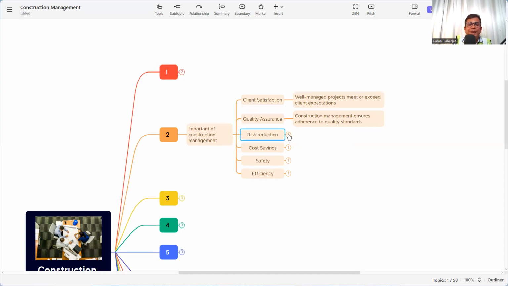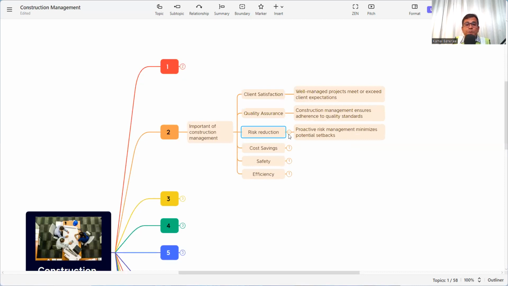Then risk reduction. What is risk reduction? That is preventing risk, minimizing potential setbacks. Now I'm giving an example. Suppose your project is in a very heavy monsoon area, where maybe for 6 months there is a lot of flood and a lot of rain. You know that there is a disruption of work during the rainy season.